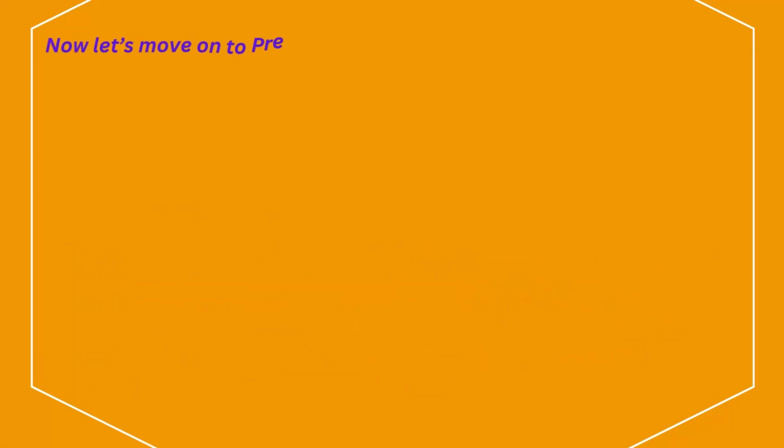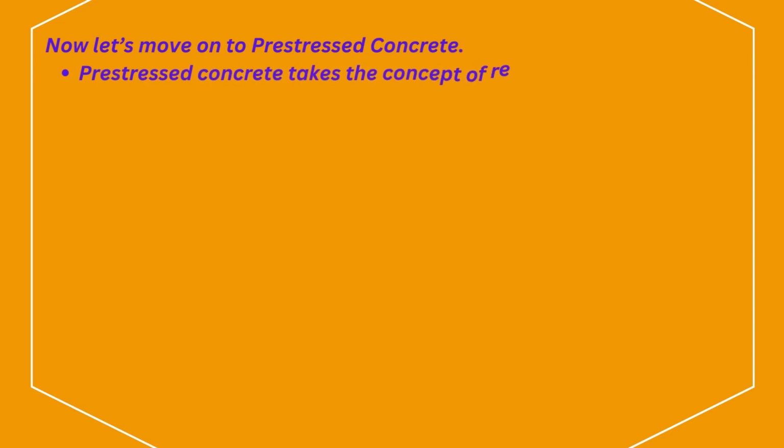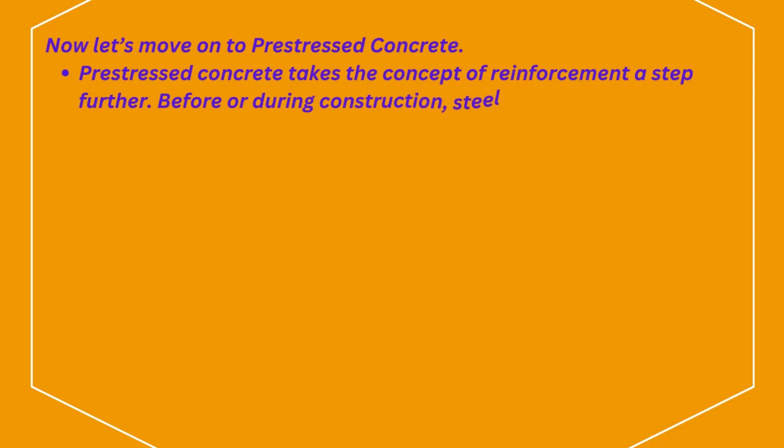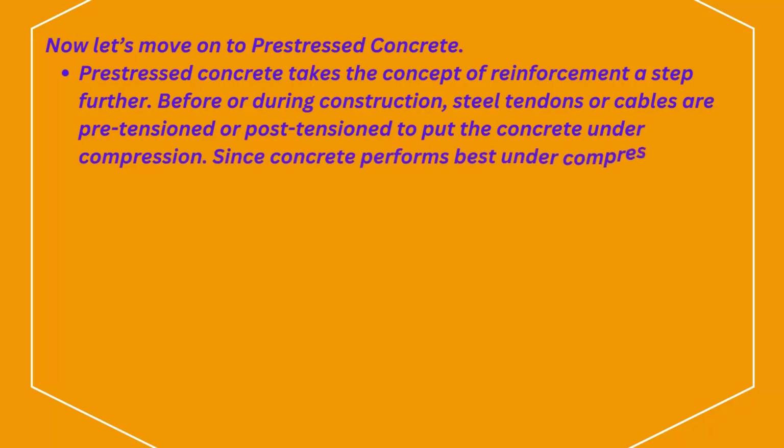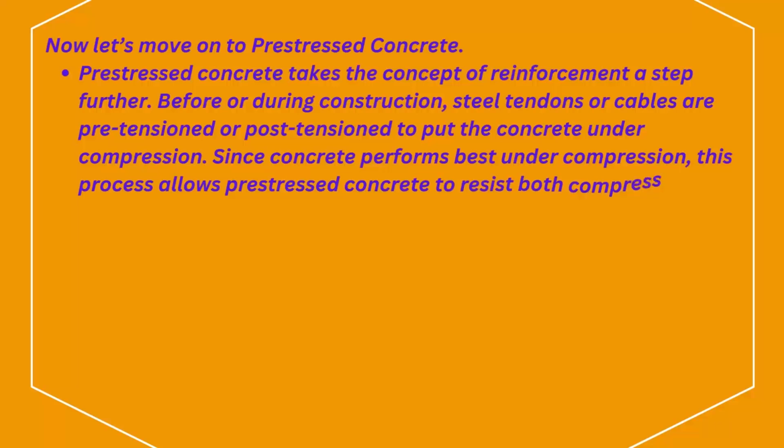Now, let's move on to pre-stressed concrete. Pre-stressed concrete takes the concept of reinforcement a step further. Before or during construction, steel tendons or cables are pre-tensioned or post-tensioned to put the concrete under compression. Since concrete performs best under compression, this process allows pre-stressed concrete to resist both compression and tension much more effectively